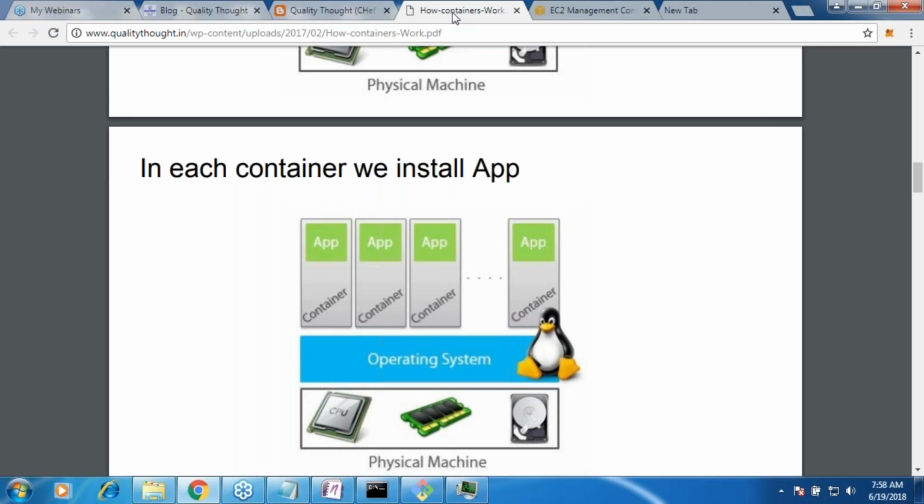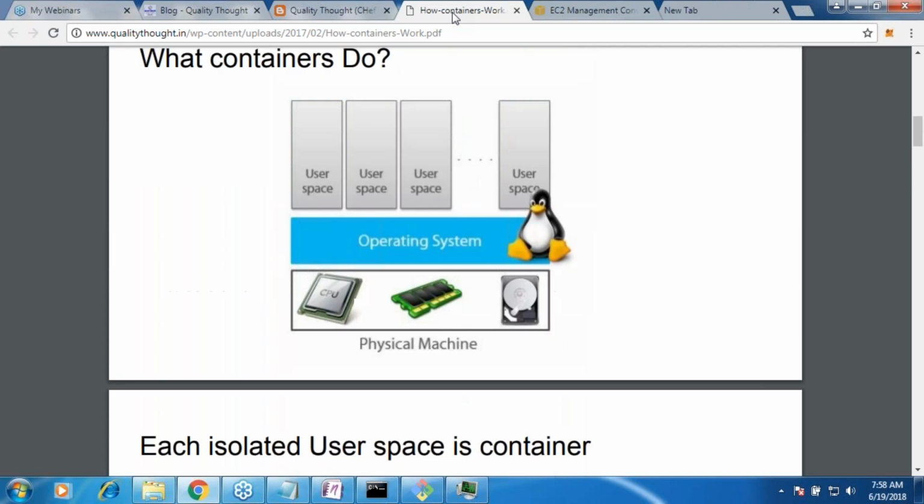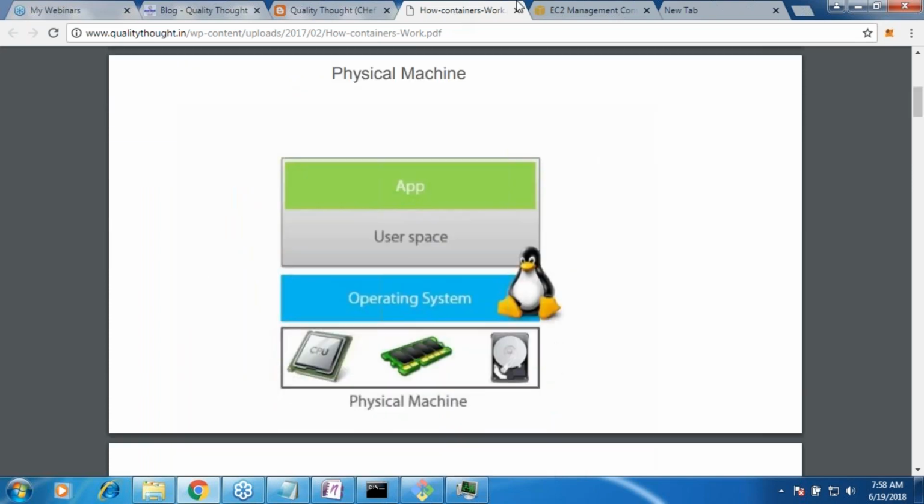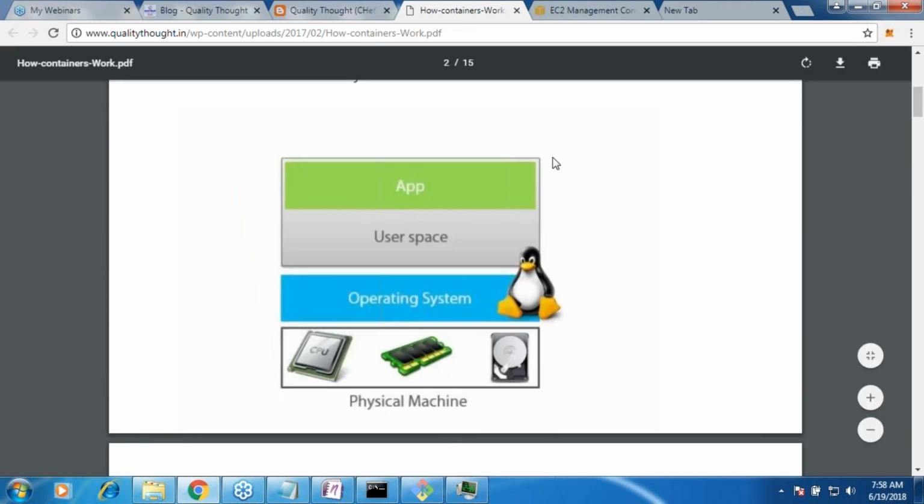So every user space will get its own view of what the file systems are, its own view of what the processes are. Let us assume that this is a user space. We have two user spaces over here. For the guest user, I have created one more user space. That user space is altogether a different boundary that will not know anything about this one.